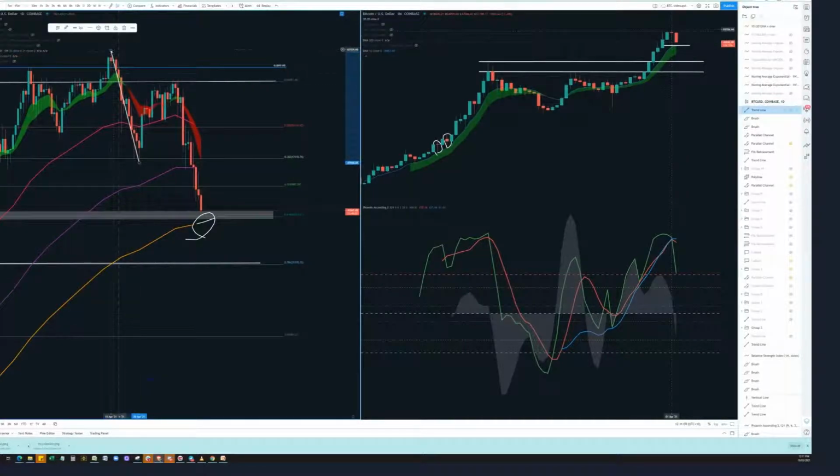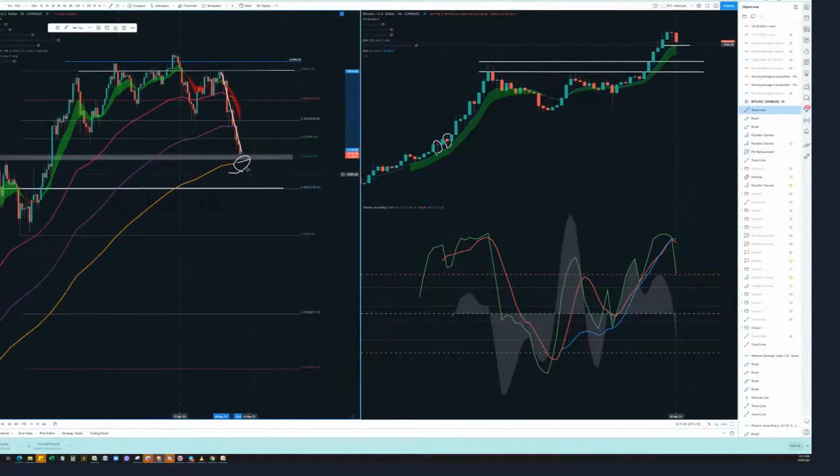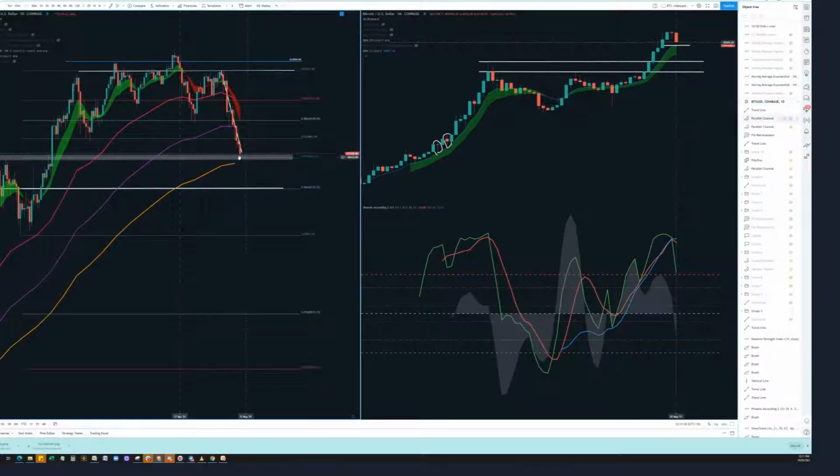So if that's my 0 or A to B, I expected and thought this was a likely scenario to play out, and it's pretty much there now. So we've got to see this as support, and I think the 618 along with the 38 is a good spot to buy right now. So yeah, this